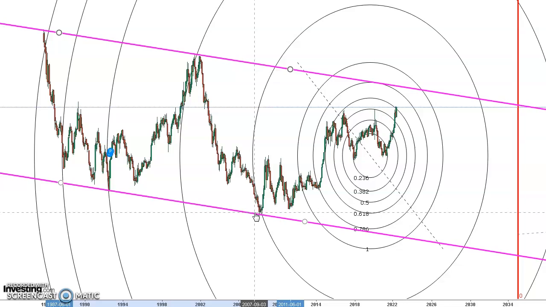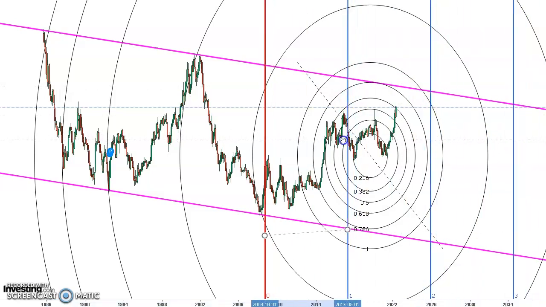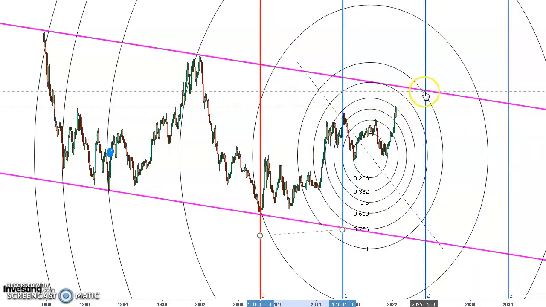Here we refer back to the Canadian dollar video I had. This action all looks very, very similar. The difference is that when we achieved this double top here with the DX, the dollar index, instead of making a lower low here, we didn't, and it started catapulting up. So we're actually going to be exceeding this double top, and we're going to be honoring the trend line. And I feel that it's going to be honored by roughly 2025. Or earlier, but based on the radial, and you can see the radial here,